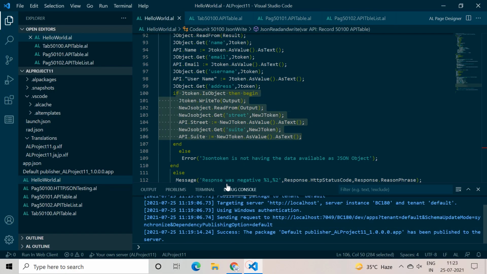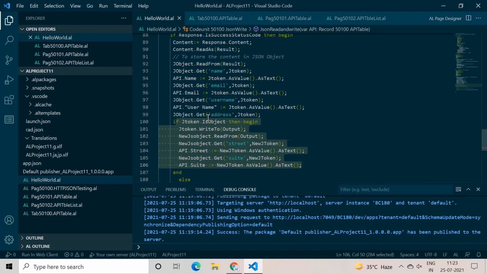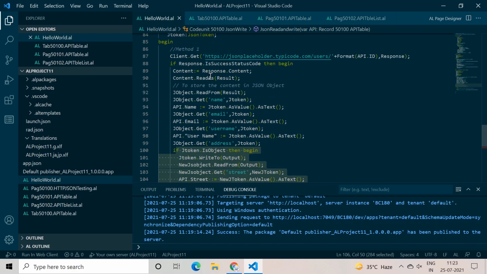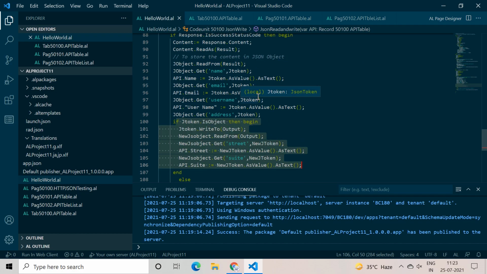That is why I took a different JSON object and then did the same kind of activity we did above. This is how we can read data from the JSON file into my custom table or the standard table, wherever you want that JSON data.